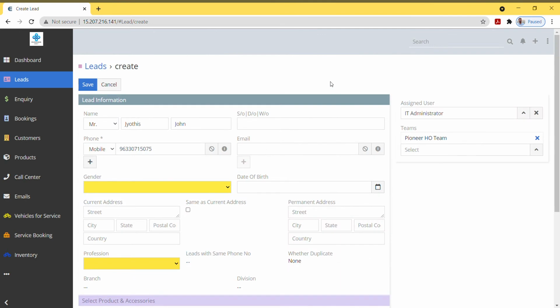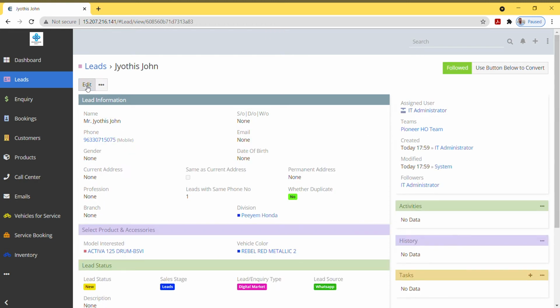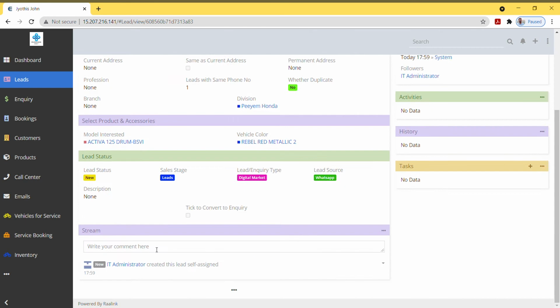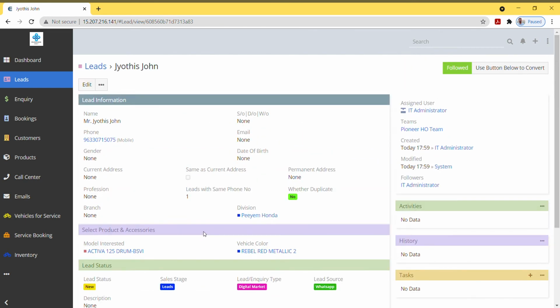Now you can save all these details by clicking on the save option on the left side. Once you have saved, you will be led to a lead preview list where you can see all the details that you have entered. Also this particular list can be used to edit any of the details. In case some detail has changed, you can select a field and towards the left side of that field you can see an edit button.